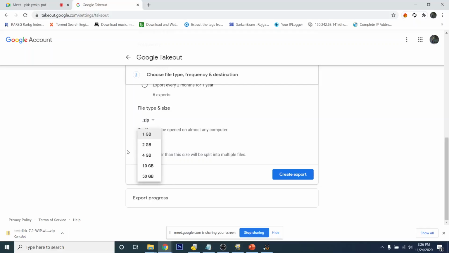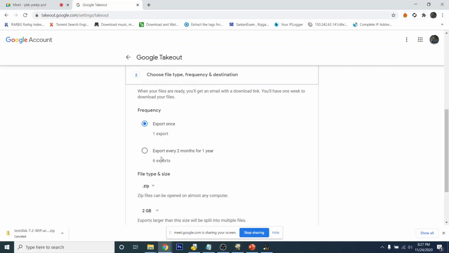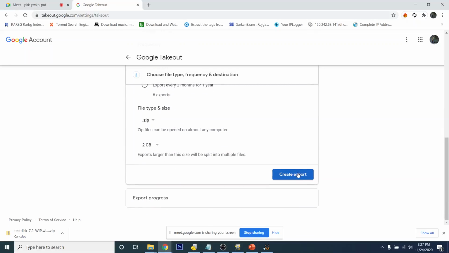You can select the storage size you want for your file. Like if you have 10 gigs of data and you have selected 2 gigs, then 5 files will be created of 2 gigabytes each. What this means is it will be easier for you to analyze the image, because it will only be 2 gigabytes. It is very easy to analyze a 2 gigabyte space as compared to analyzing a complete 10 gigabyte space. So it will be very convenient for you to analyze the different images instead of going through the whole data at once, because there are separate types of data present there.